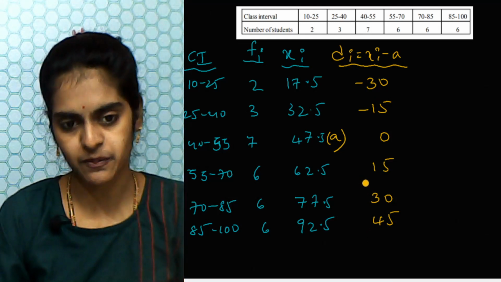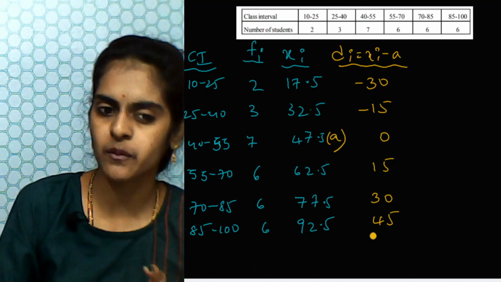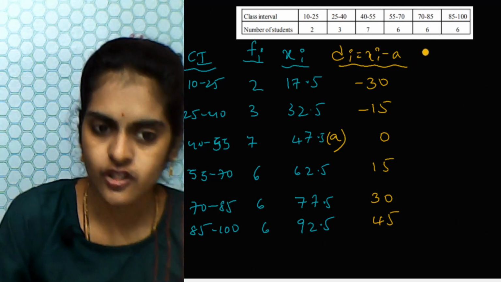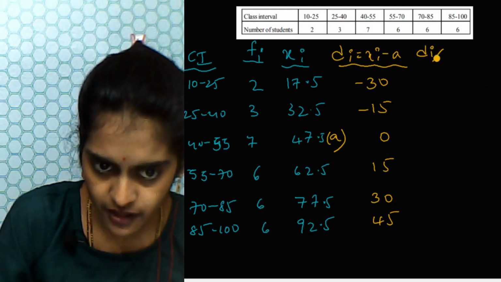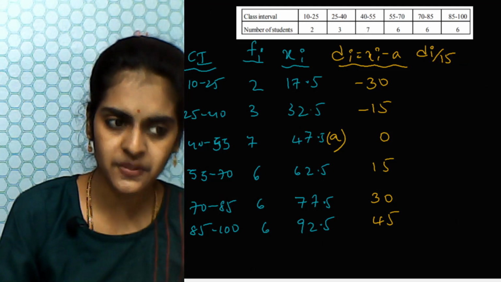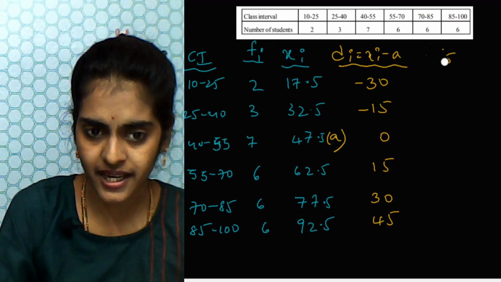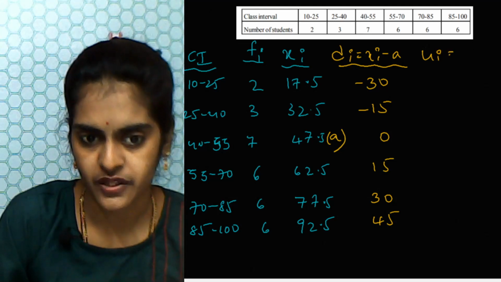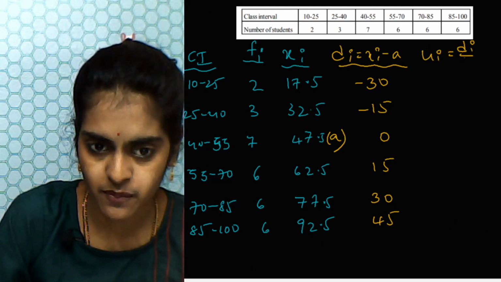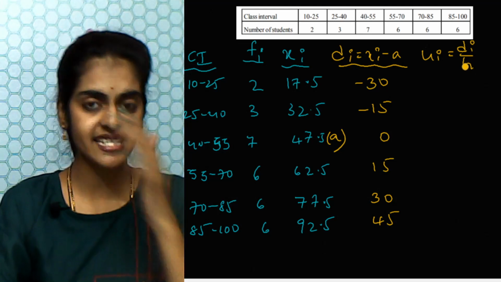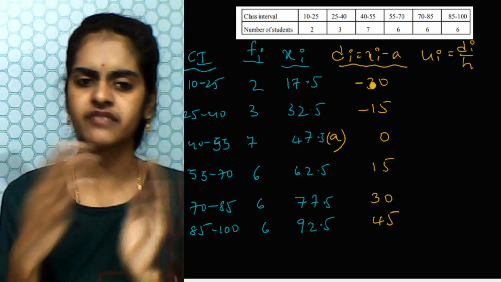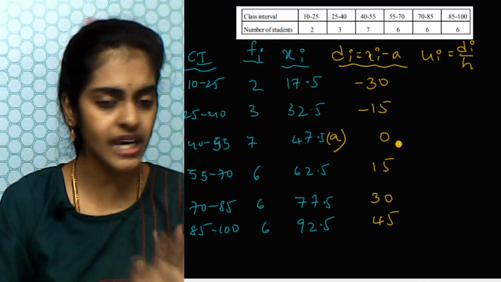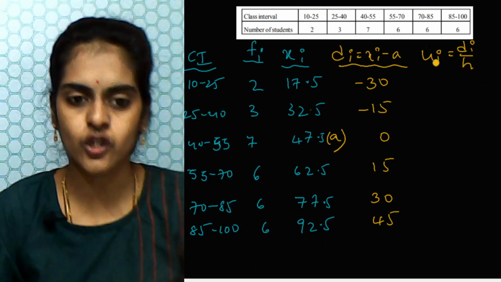Now here one extra step is, I told you, here you can see all the numbers have 15 as a common factor. Okay, so you can divide all by 15. That means I will divide this deviation by 15. The same thing you represent by u. Let me represent it here. So you will represent it by ui. Okay, ui is nothing but di divided by h. Here h is a common factor. It is different in all the problems. Here in this problem it is 15, because all the numbers you can divide by 15. So h is 15 in this case. Okay, so ui is di by h.